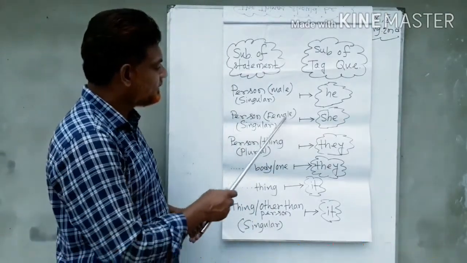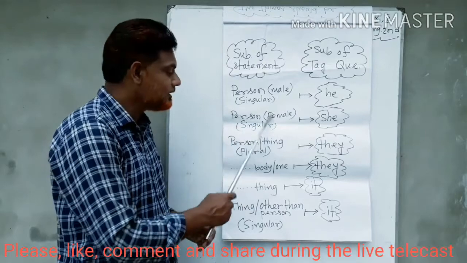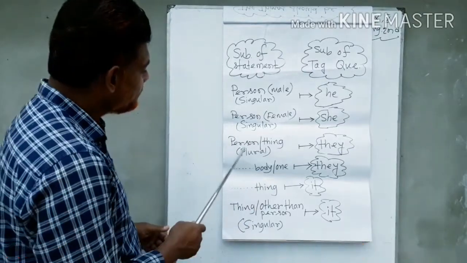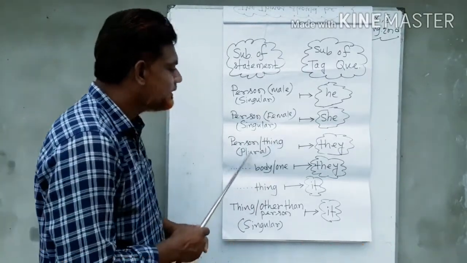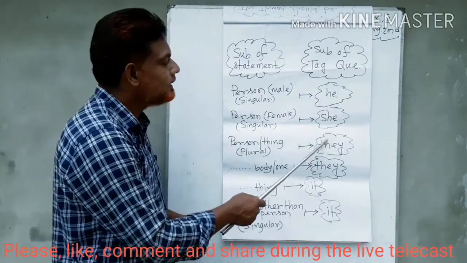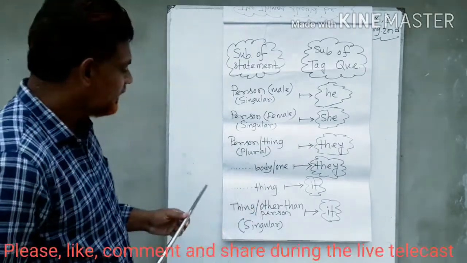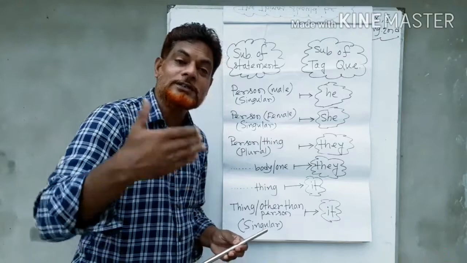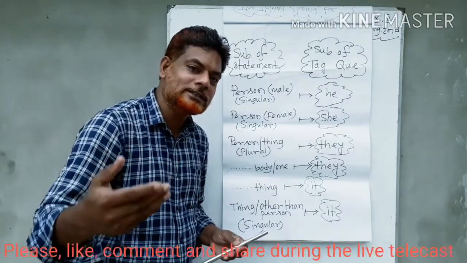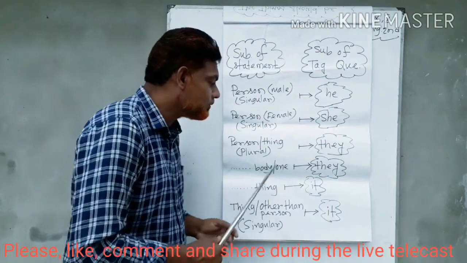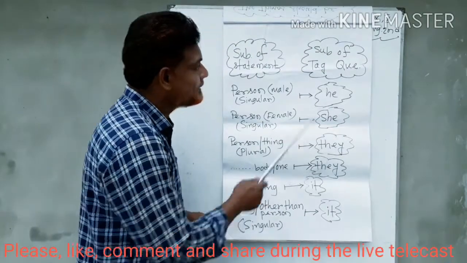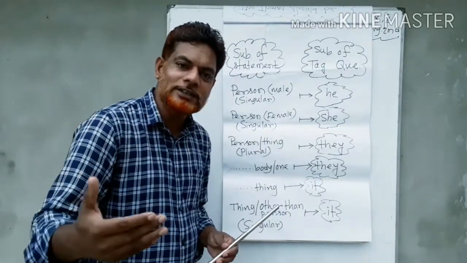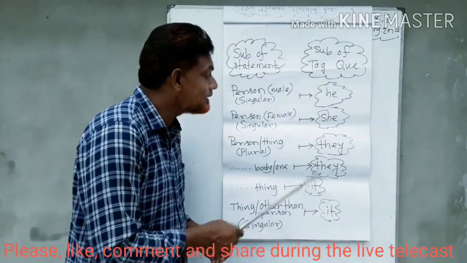If the subject of the statement is a female person and if it is singular, you have to write she as the subject of the tag question. If the person or thing is plural, you have to write they as the subject of the tag question. If there is body or one, that means everybody, everyone, somebody, someone, nobody, no one, etc., you have to write they as the subject of the tag question. If there is thing, that means anything, everything, etc., you have to use it as the subject of the tag